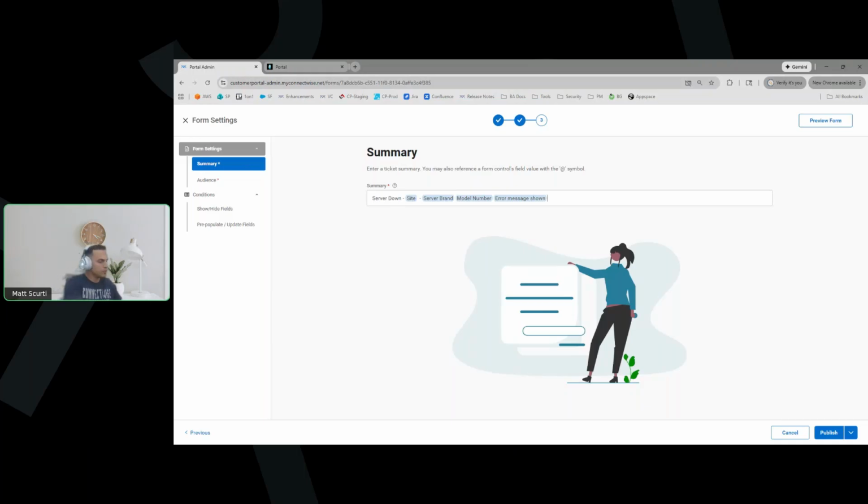So if you type in the @ symbol, it gives you a list of the different fields that we added on the previous screen. So what I captured here is the site, so that I know, oh, this is related to the main site or the offsite. And then I started capturing some of the server information, like the brand, the model number, and then the error message shown. So that allows me to have more information in the actual summary line of the ticket,